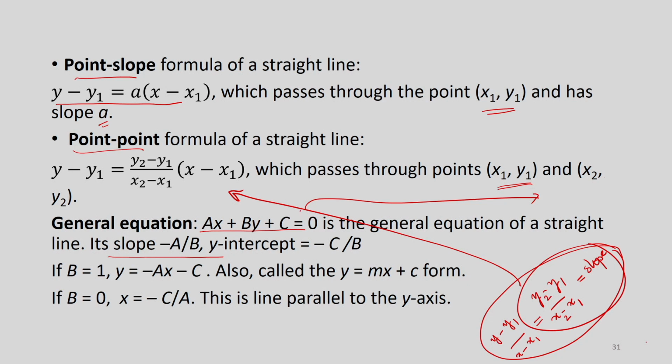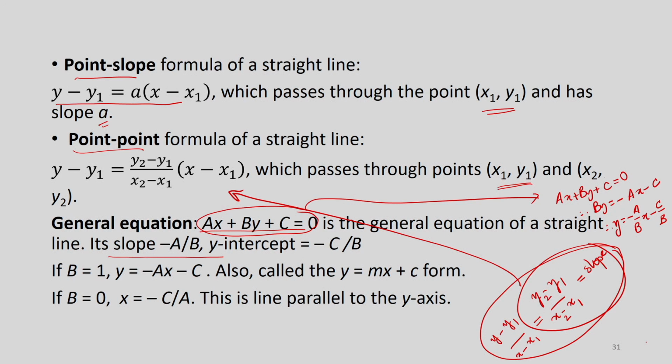Okay. So, we take this particular form to verify whether the slope is indeed equal to minus A divided by B and the y intercept is indeed equal to minus C by B. So, we start with Ax plus By plus C is equal to 0. So, By is equal to minus Ax minus C. So, therefore, y is equal to minus A divided by B x minus C by B, and this is exactly